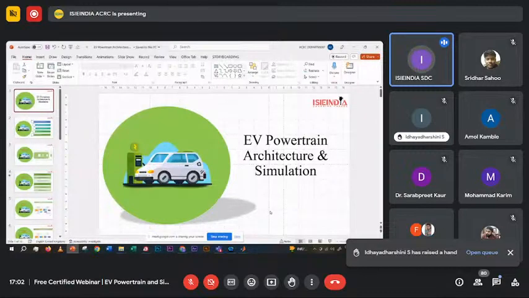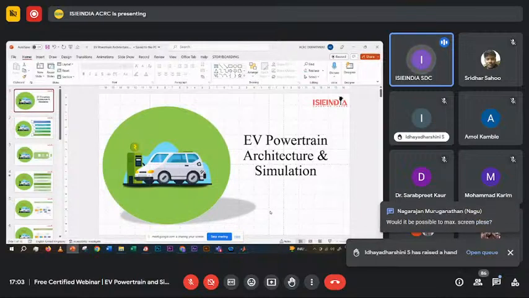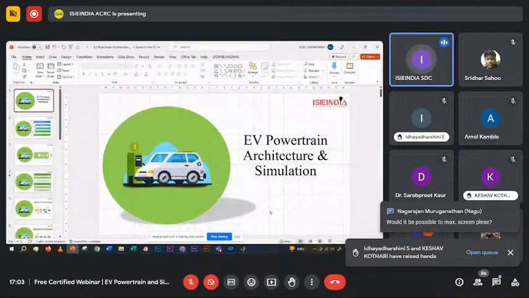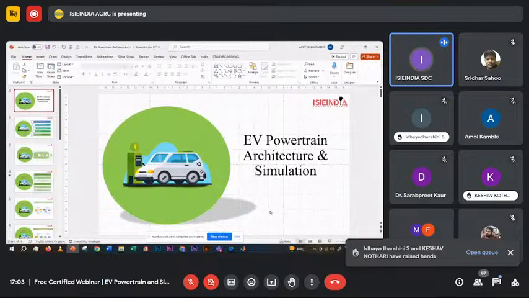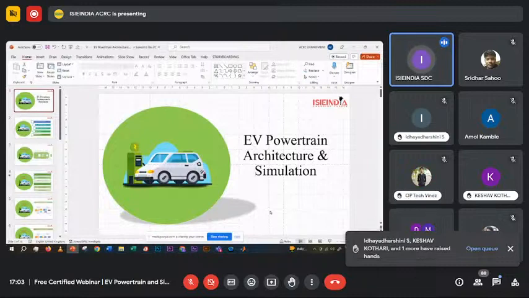So we'll be talking about the EV powertrain. First of all, we'll be talking about what different components the EV powertrain contains, by which electric vehicles move, like how the motor is fitted and how the motor is powered by the battery. We know that there are different types of motors, AC and DC. For that purpose, we require different converters, so power electronics is also implemented in the EV powertrain. Then talking about the battery, we can say that